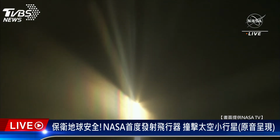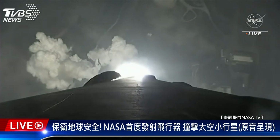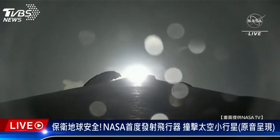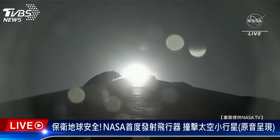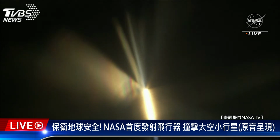So we're getting a nice view of the onboard cameras from the Falcon 9. So you can see it looking towards the aft end of the first stage. And you can see those engines coming to life. Stage 1 chamber pressure is nominal. And Falcon 9 will be reaching max Q in just seconds, the moment of peak mechanical stress on the rocket. And here in the Mission Data Center, we can feel